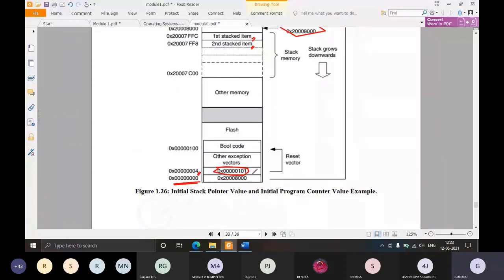So the processor will come to know that. That last one is because of thumb state. It will remove that last one and correct the address to 100, because the processor knows that last one only indicates thumb state. So it will adjust the address and jump accordingly to this location. This is what is there in the reset sequence.